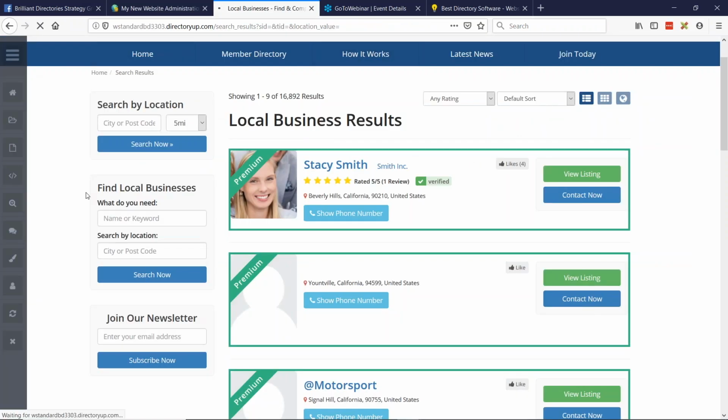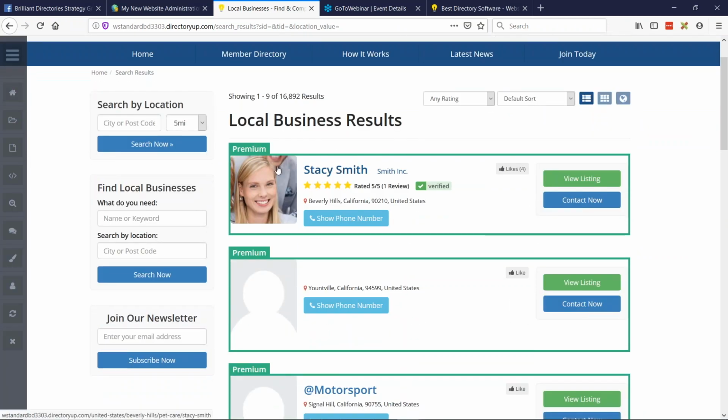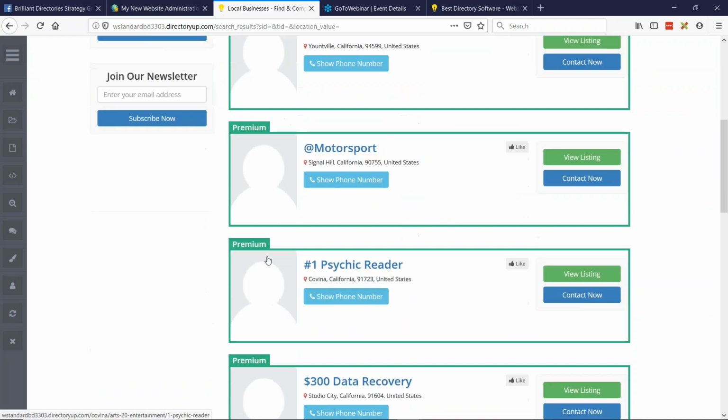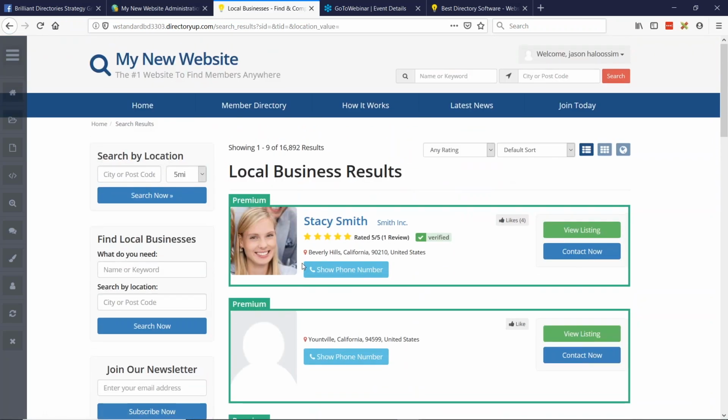And let's refresh the page here. And now we have the same text, except it's not covering the person's face. So it's just another way to do it. It's based on preference and the type of images your members are uploading for their profile photos.